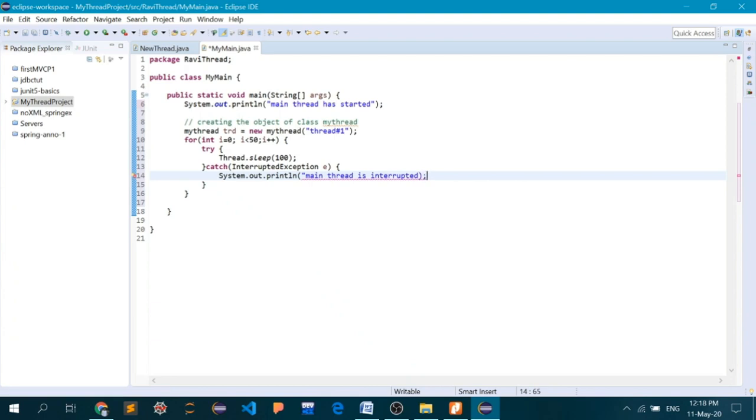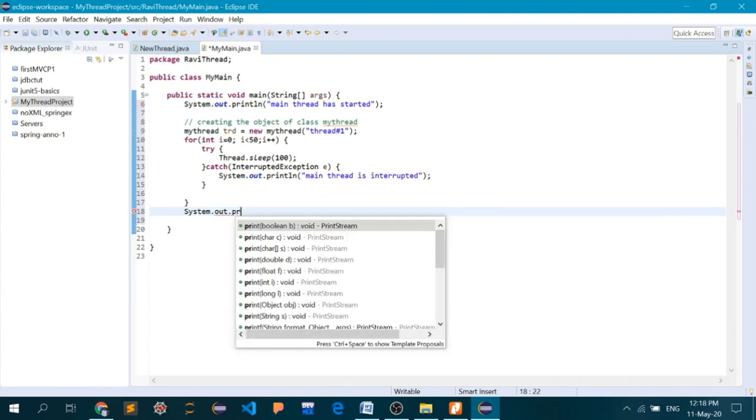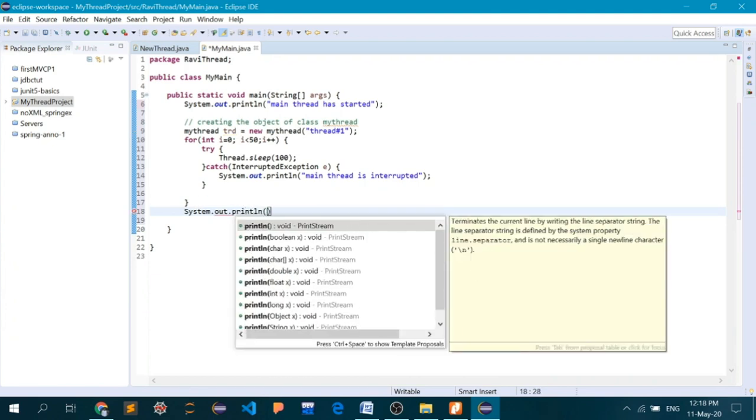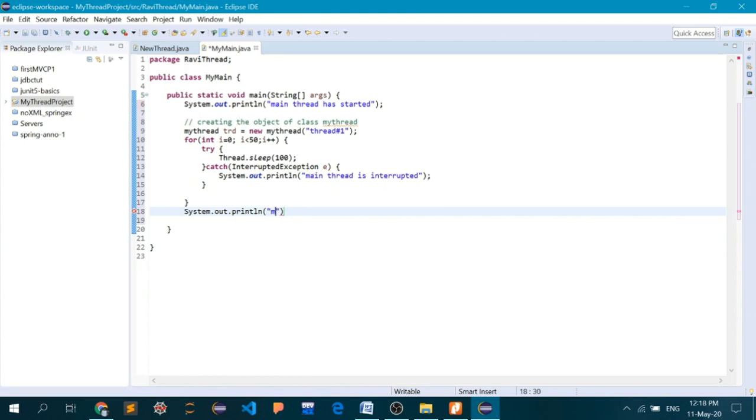And in the end, outside the for loop, I will write a message, System.out.println, main thread is terminating.